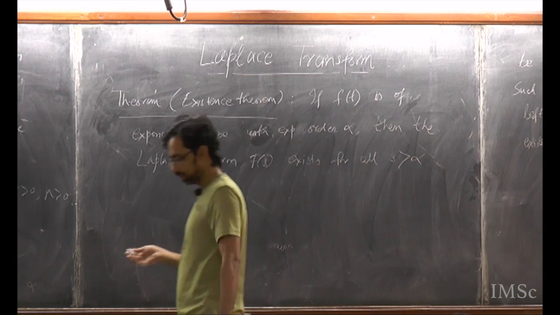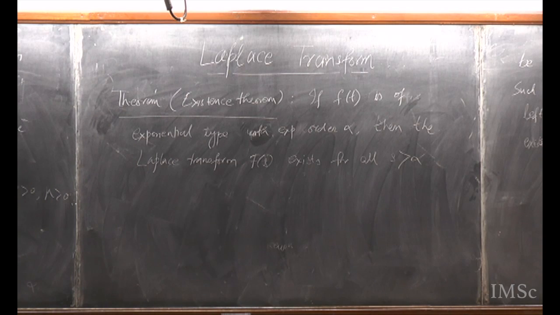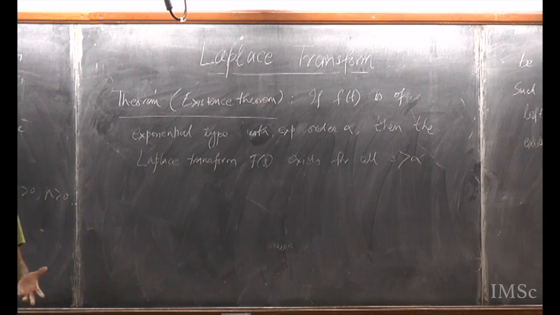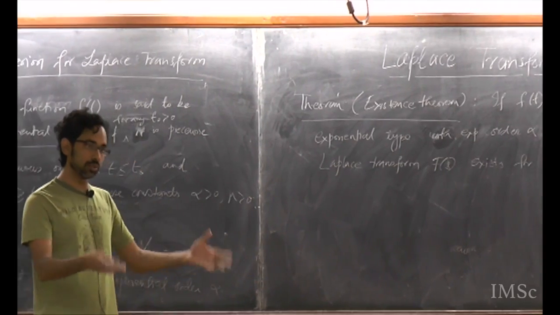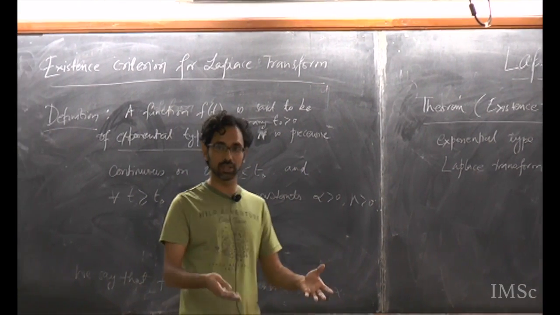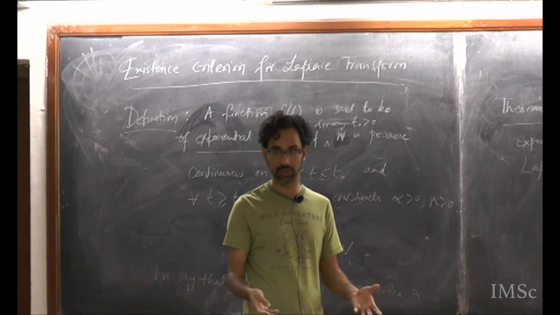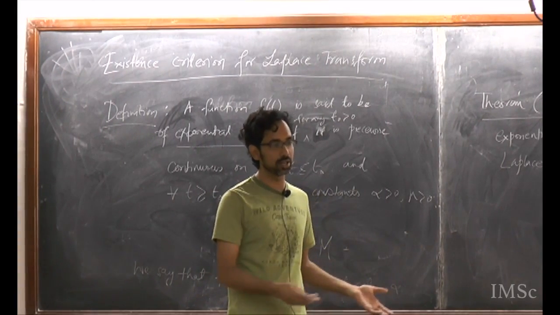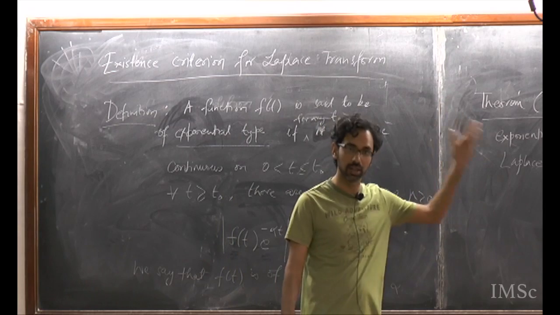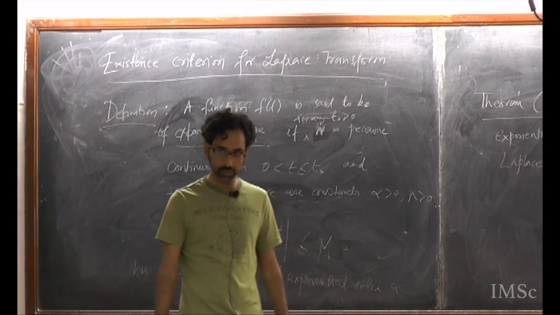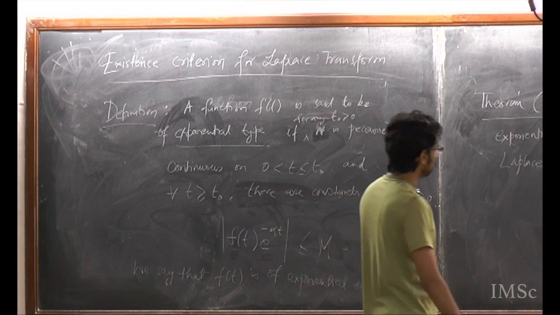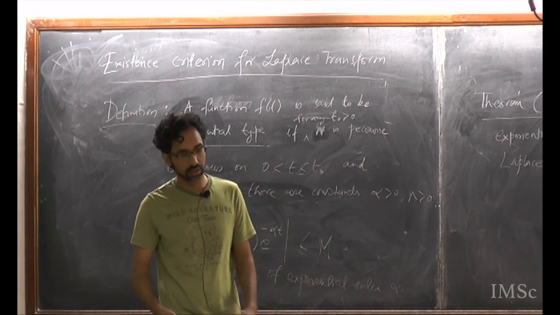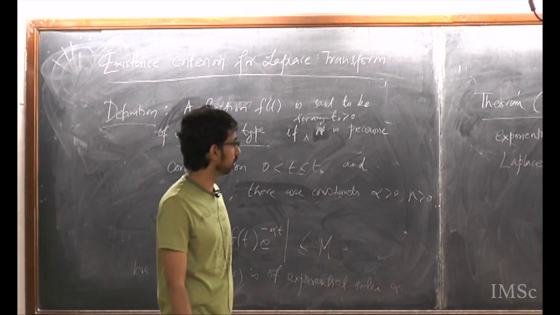This might seem a bit theoretical, but why do we need an existence theorem? Because if I give you a random function f(t) with a big formula, first you would like to know before starting to compute that its Laplace transform should exist. It turns out that you spend days on end trying to compute what it is, and in the end you found out that it doesn't satisfy the existence theorem. So this is why one needs existence theorems to check whether its Laplace transform will exist or not.